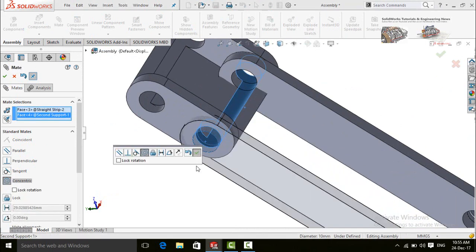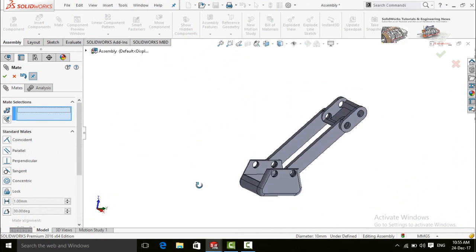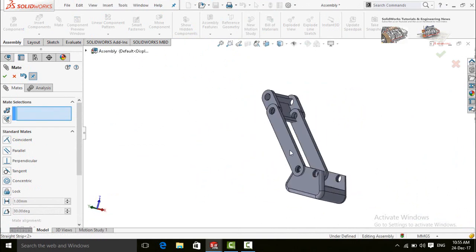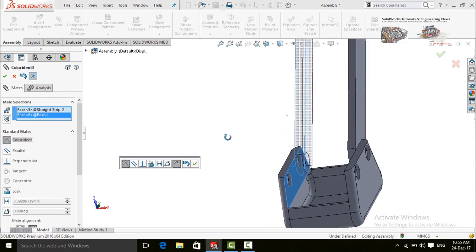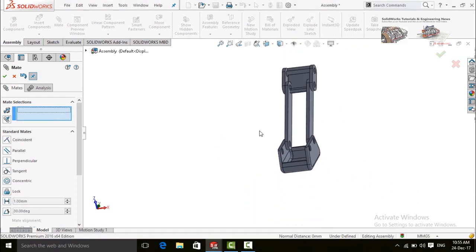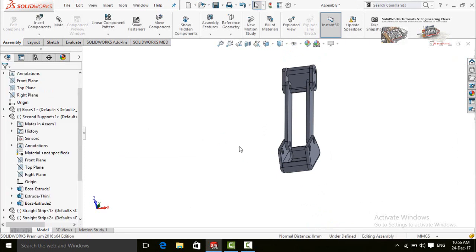And mate it with this part. Click on this face and then this face of base. Press OK button. Again press OK button.